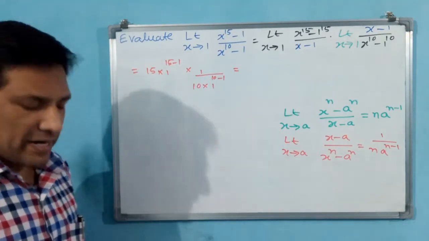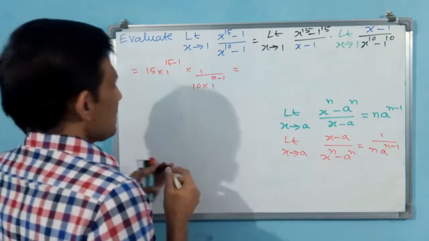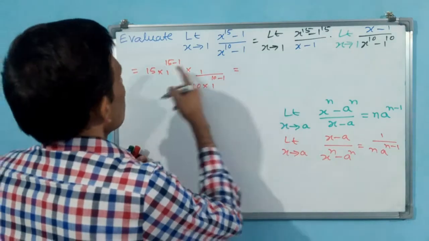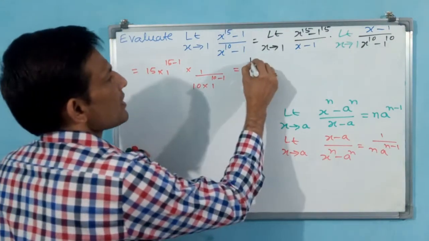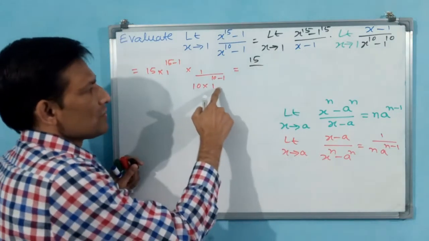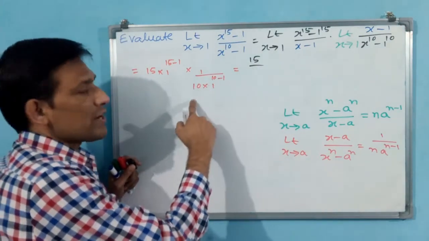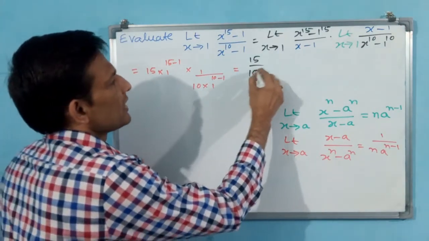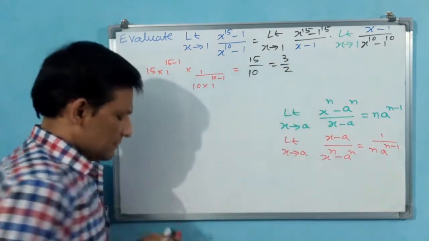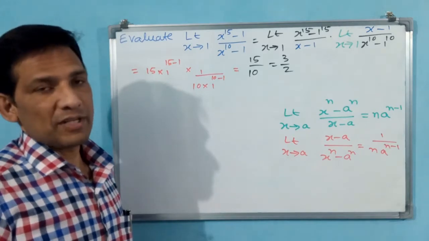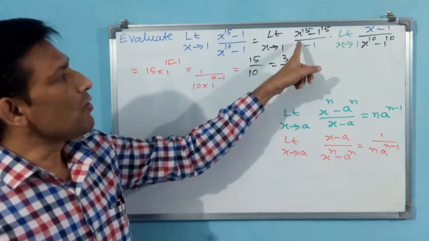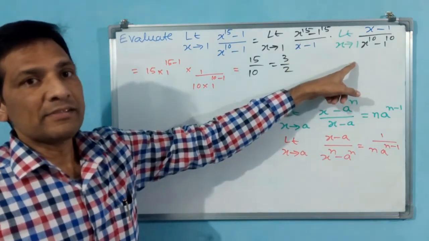Both limits have expanded. Okay, you see, numerator what will come? 1 to the power of 14 is 1 only, so 15 divided by 1 to the power of 9, 1 only, into 10, 10 only. That is 5 3s, 5 2s. Understand now? Like this you have to tackle such type of questions. Okay, how I have split this, you understand now?